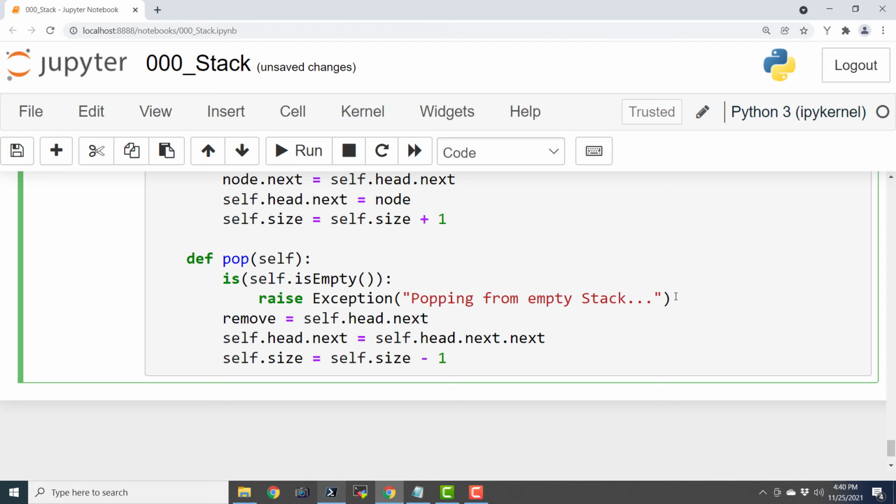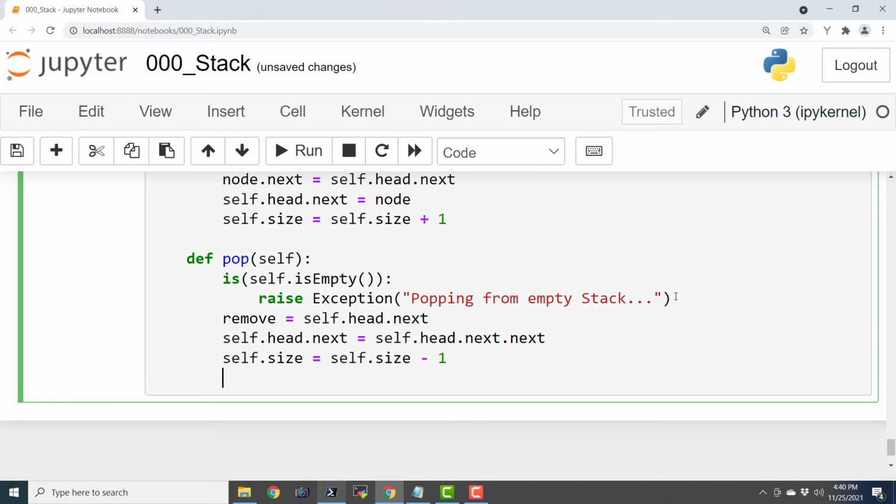And finally we are going to return the removed value. Return remove.value.